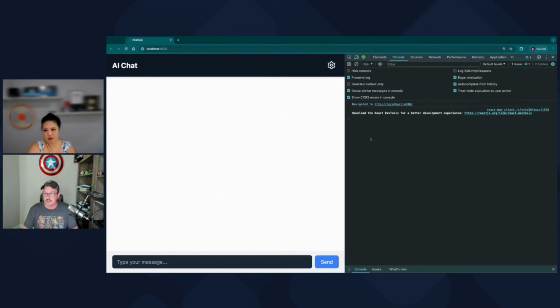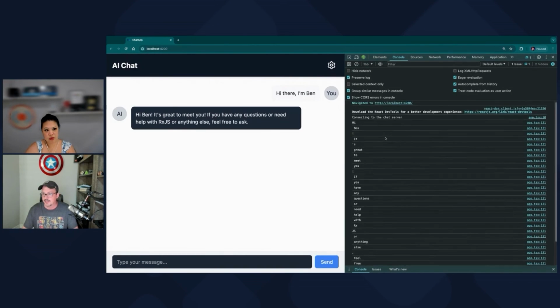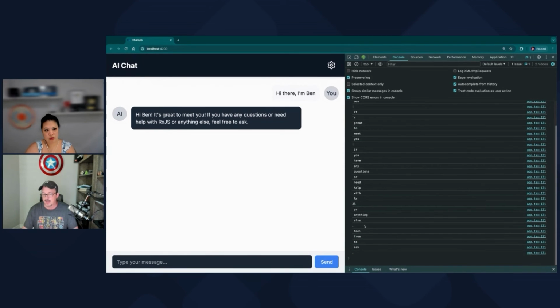We should be able to see this stuff. Refresh. So we're not connected yet. It would have shown up here as soon as I type something. Send. It says connecting to the chat server. We connect, and then we get messages back. Now, if we wait for a whole minute, I should have made it less than a minute, so we don't have to wait a whole minute.